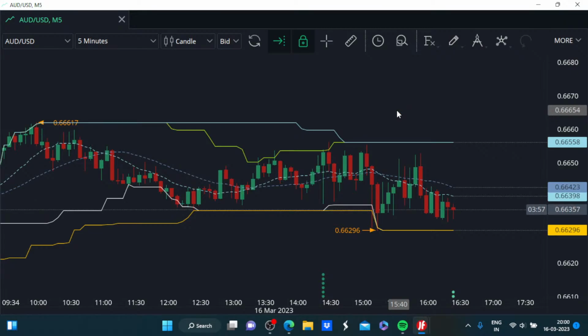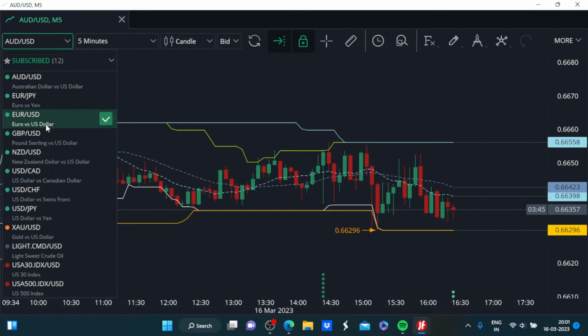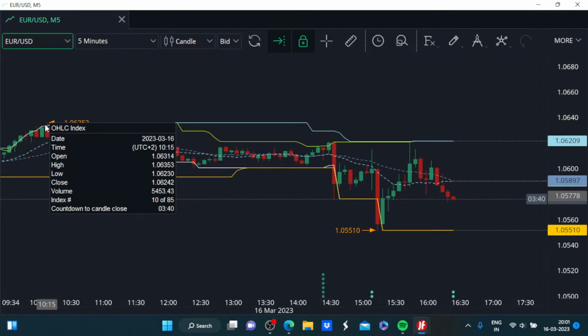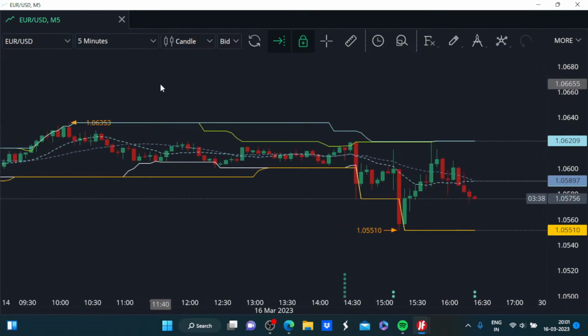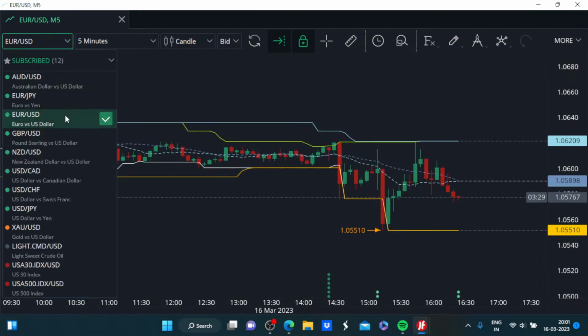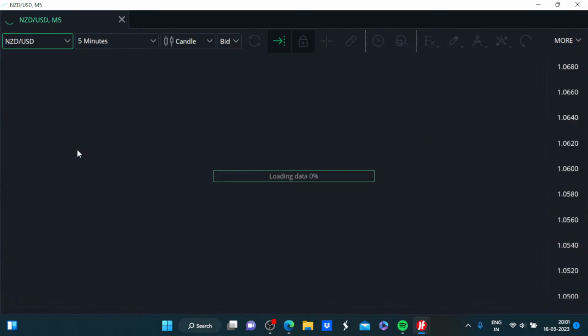And given the increased volatility, if you feel safer, then that is also one reason to prefer the AUD. But nonetheless, our job is to see where the best momentum is, and in comparison to the euro, the AUD's momentum is not that strongly bearish. Instead, we have these sharp moves in the euro. So I would still prefer to trade the euro in light of these sharp moves on the lower side.